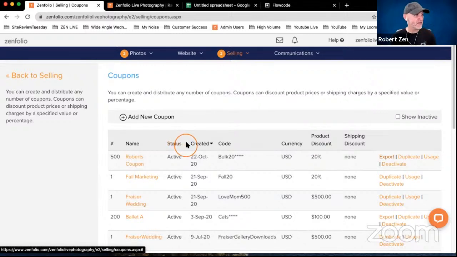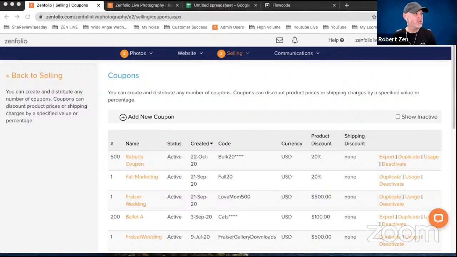All right, I got time for one more question. Sharks 408 is in the house. He said, does Zenfolio offer a gift certificate feature? I'd like to sell gift cards. So if you want to sell gift cards, you can definitely set it up and do it as a self-fulfilled product. I don't have time to go through all the process in that, but what I would recommend is that